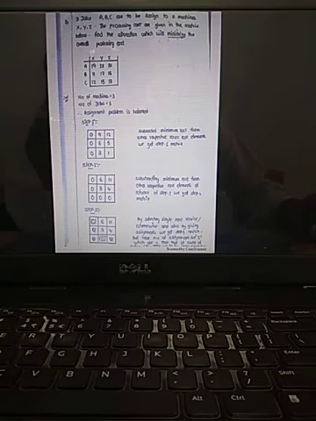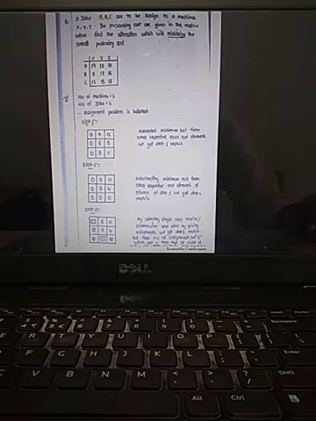Now, is this the answer? You recall what I told you? The answer boxes should be equal to the order of the matrix. What is the order of the matrix? 3 by 3. 3 zeros, I mean to say 3 machines should be equal to 3 jobs, should be equal to 3 assignments. Now here how many assignments are there? 2 assignments are there. Hence this is not the complete solution.